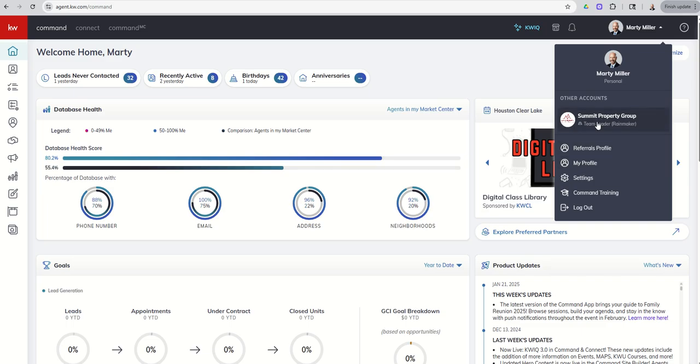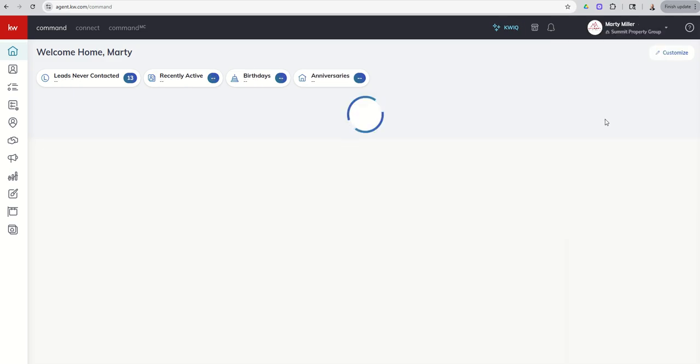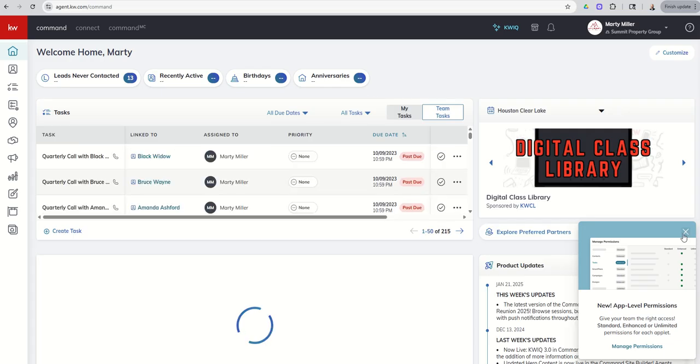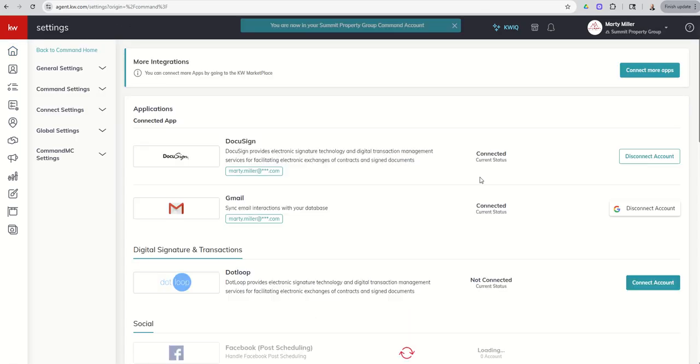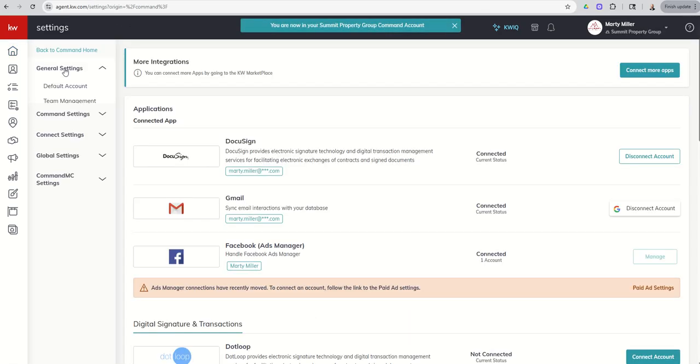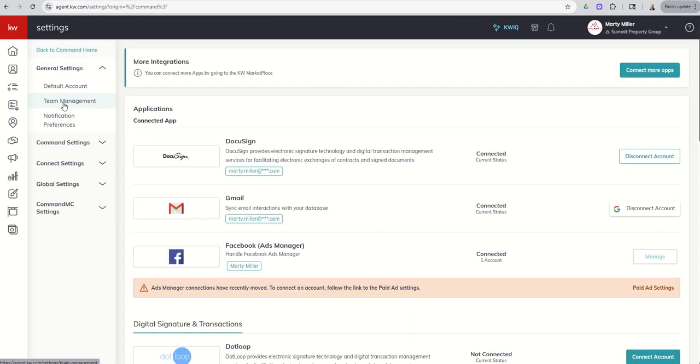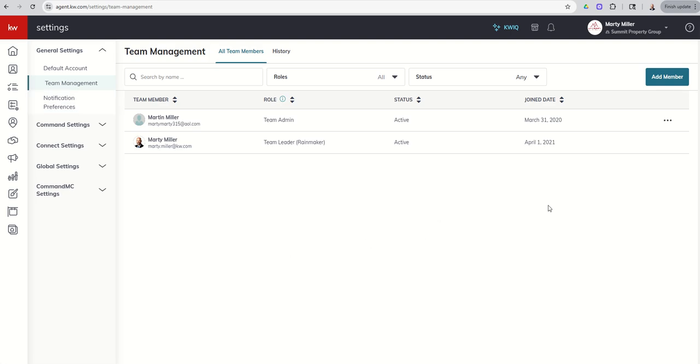We're going to come down. First of all, we want to make sure we're in the team account. So I'm going to do that. Click on my team account. The next thing I'm going to do is click on the settings menu, and I'm going to come over to General Settings, Team Management. So this screen looks pretty similar to how it has looked in the past, except you've